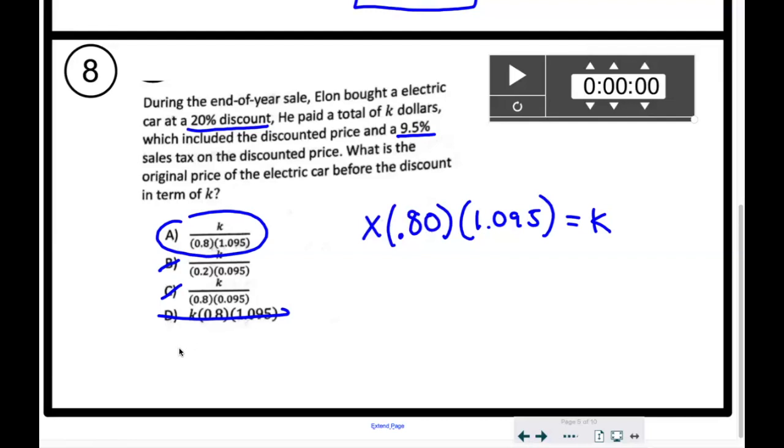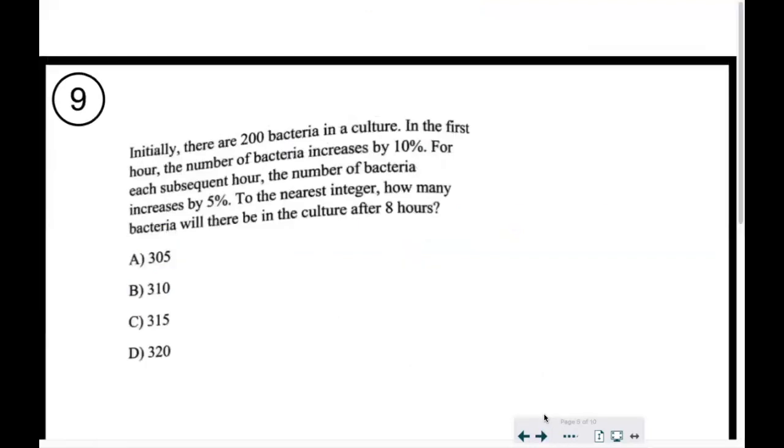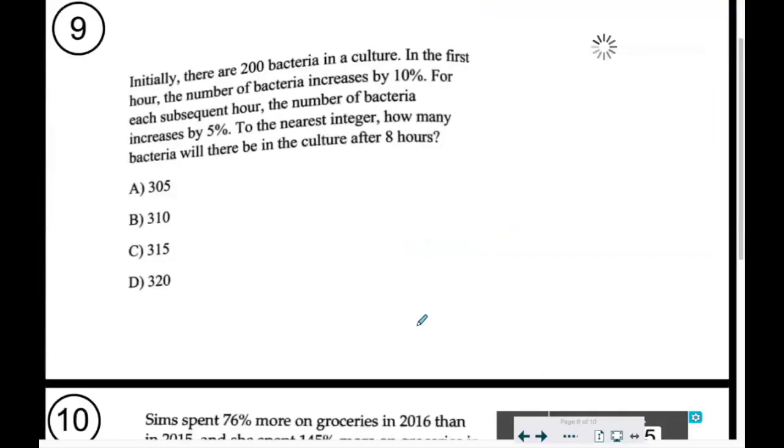Any questions? That makes sense. All right, good. So let's keep going with a couple more tonight with